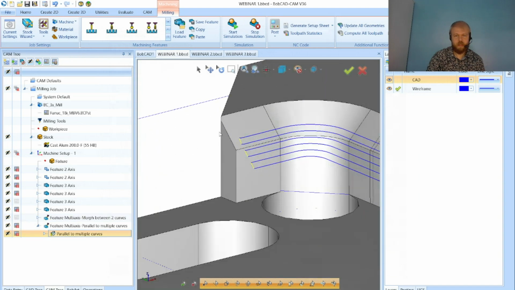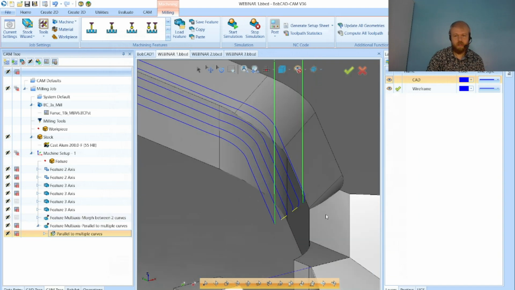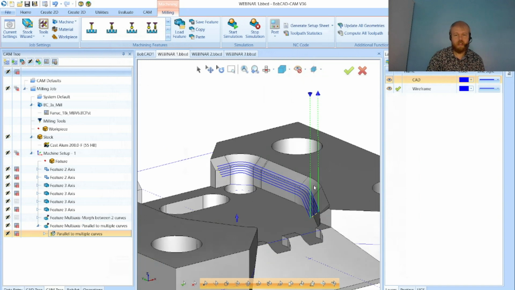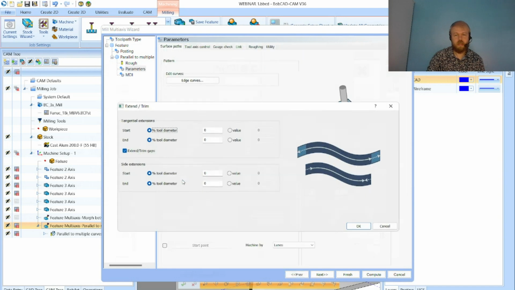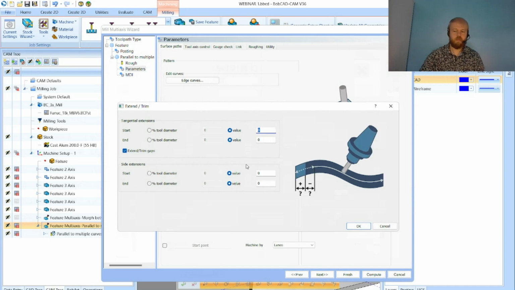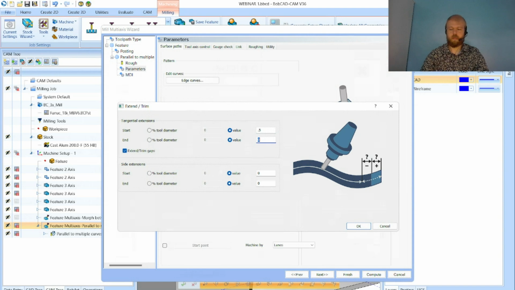So you can see maybe I want to extend it out first and last, and then add a couple passes before it and a couple passes after. So I'm going to do that here under extend trim. I like typing in the value. I don't care for the percentage of the tool diameter. I know that I just want to go 1/2 inch for each one of them here,